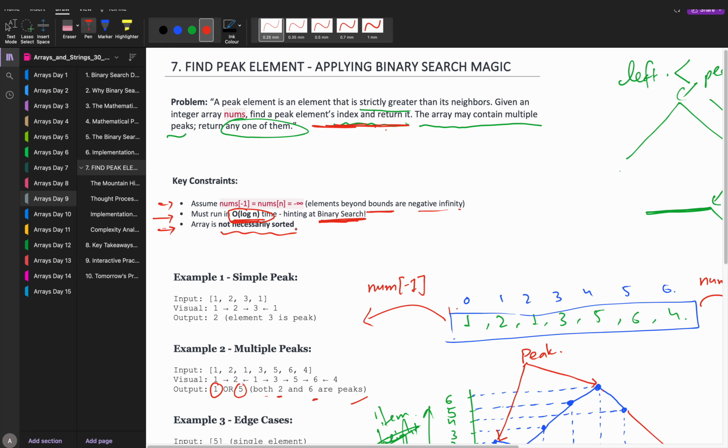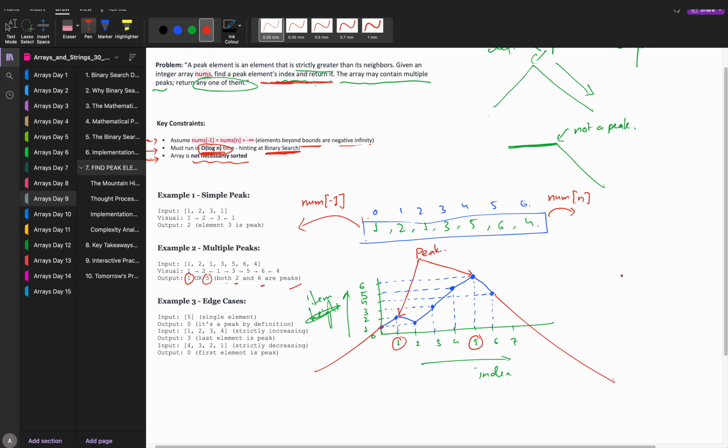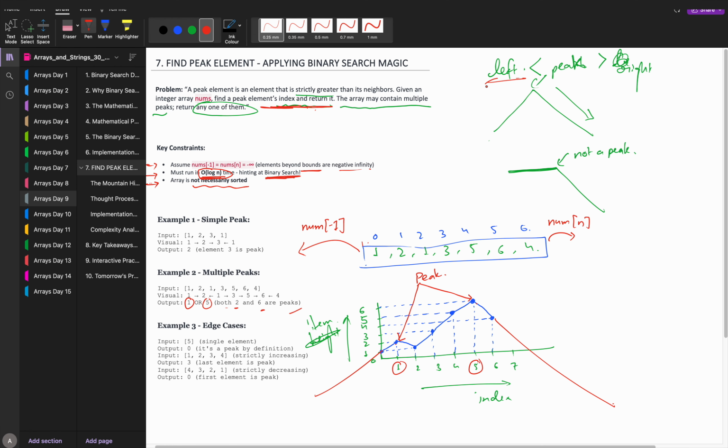Then you must be thinking, sir, you just said in the last question that for binary search to be applied, the array needs to be sorted. But here, that's why this problem is being discussed, to show you this version. For the peak element, there is no hard and fast rule, but you can see the same pattern is here. What pattern? Whatever item you pick, you look at whether it is a peak item or not. And what is the property of a peak? Left and right are both smaller than it.